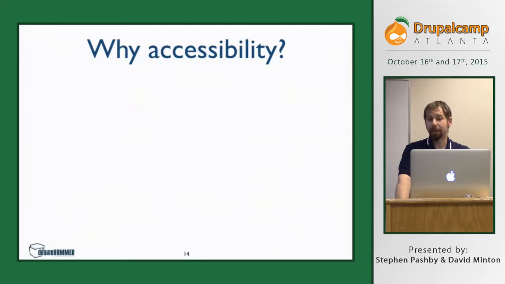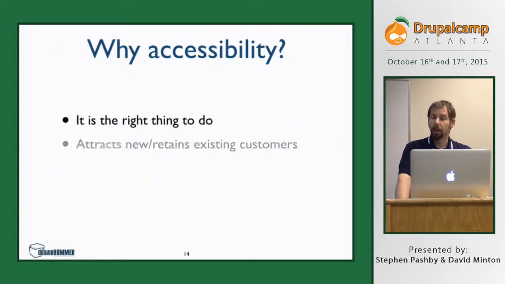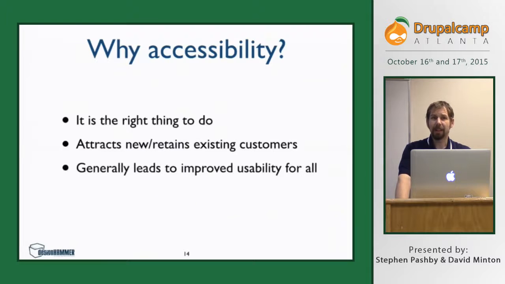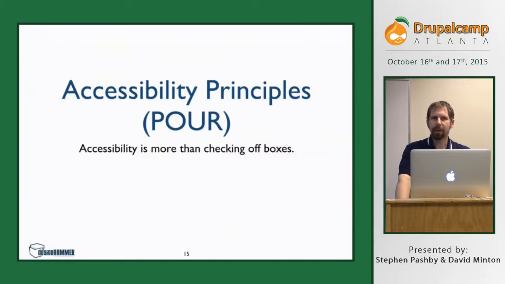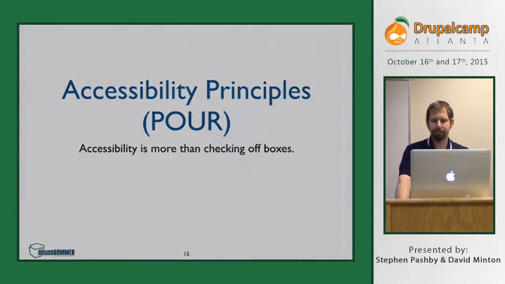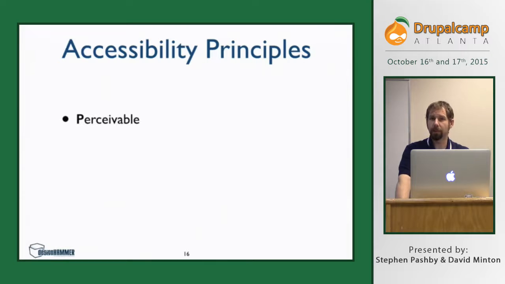So, why specifically? First off, it's the right thing to do, right? You want your website to be accessible to everyone, so that everyone can access the information, features, whatever that you're offering on your site. If you're a business, it attracts new and retains existing customers. And generally, if you have improved accessibility, it also improves the usability for all users. And it's the law, and it may apply to you. So as you start to think about accessibility, a good set of principles is the POUR principles. And POUR stands for perceivable, operable,